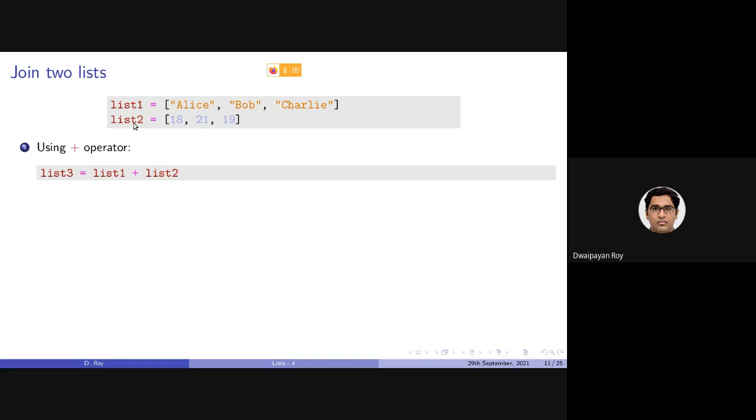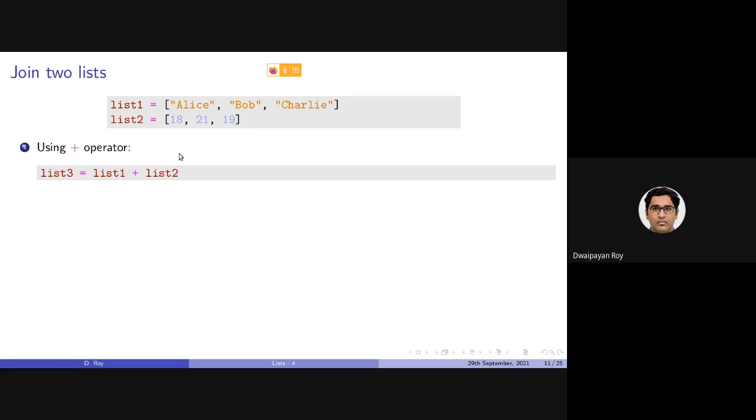A simple addition operator, which we have already seen can be used as a concatenation operator for strings, can also be used for lists to join two lists. Here, as list 1 contains 3 items and list 2 contains 3 items, this will make a new list, list 3, containing 6 items: Alice, Bob, Charlie, then 18, 21, 19.